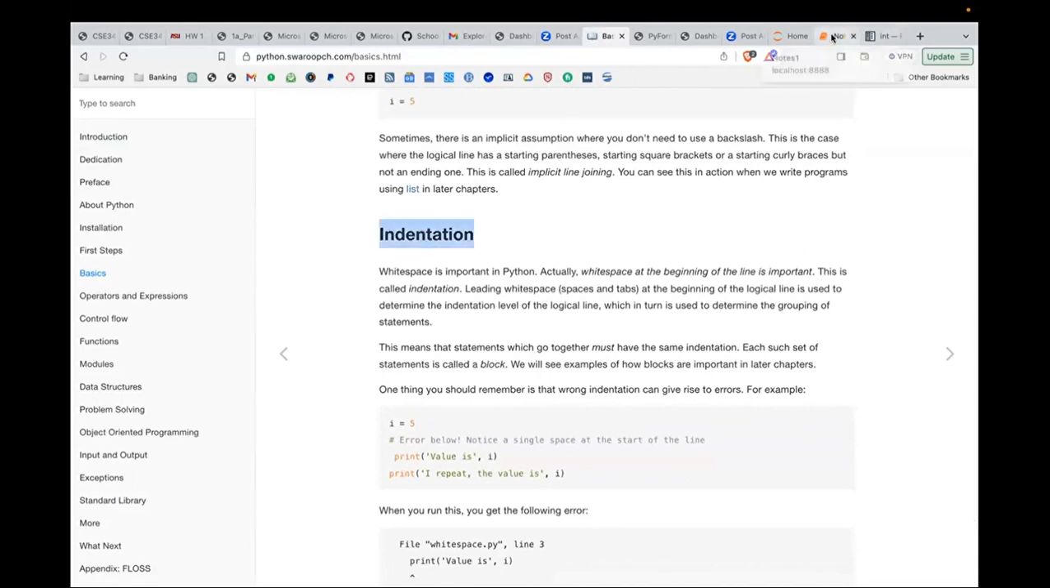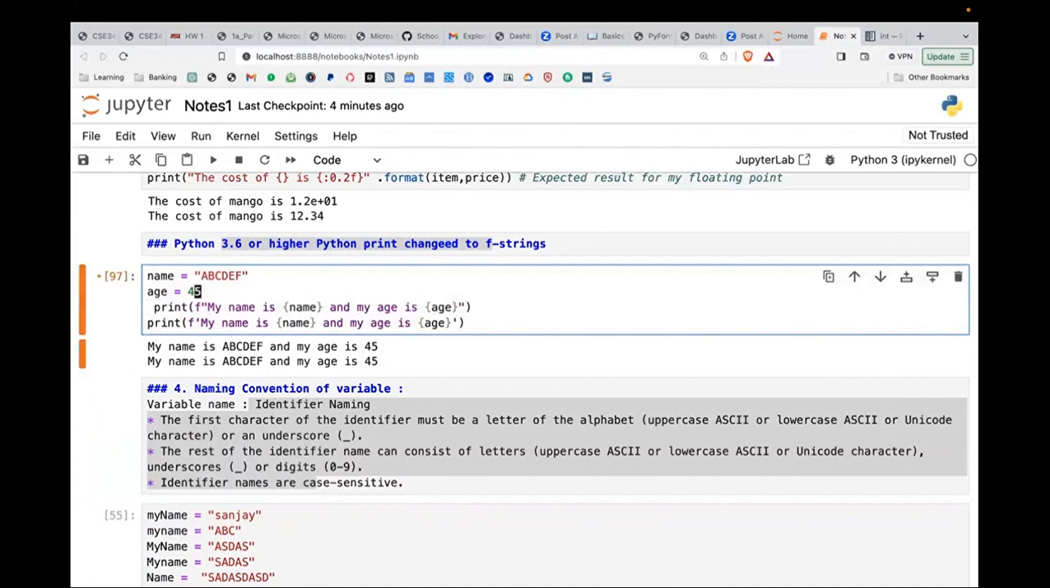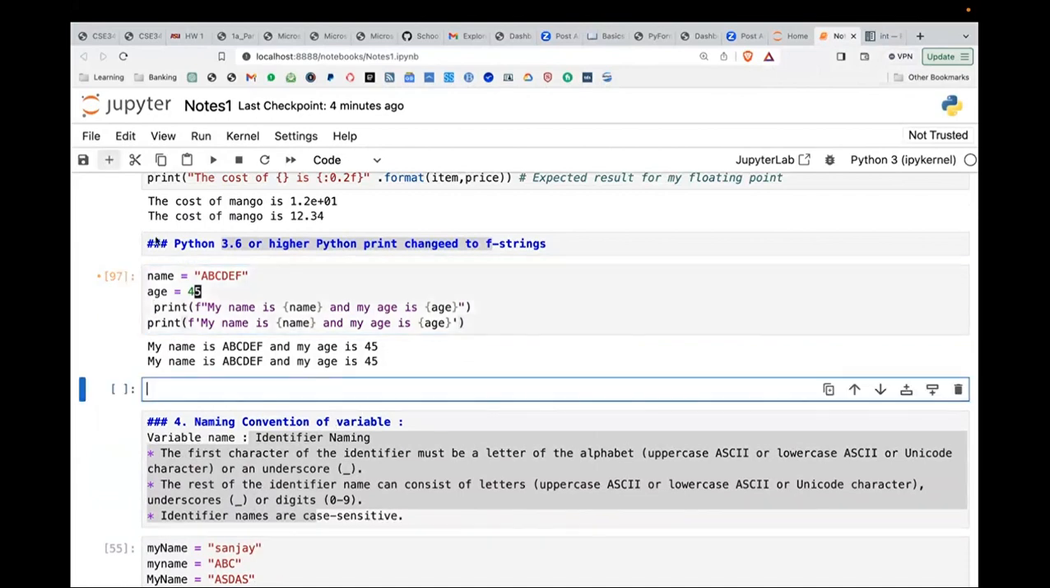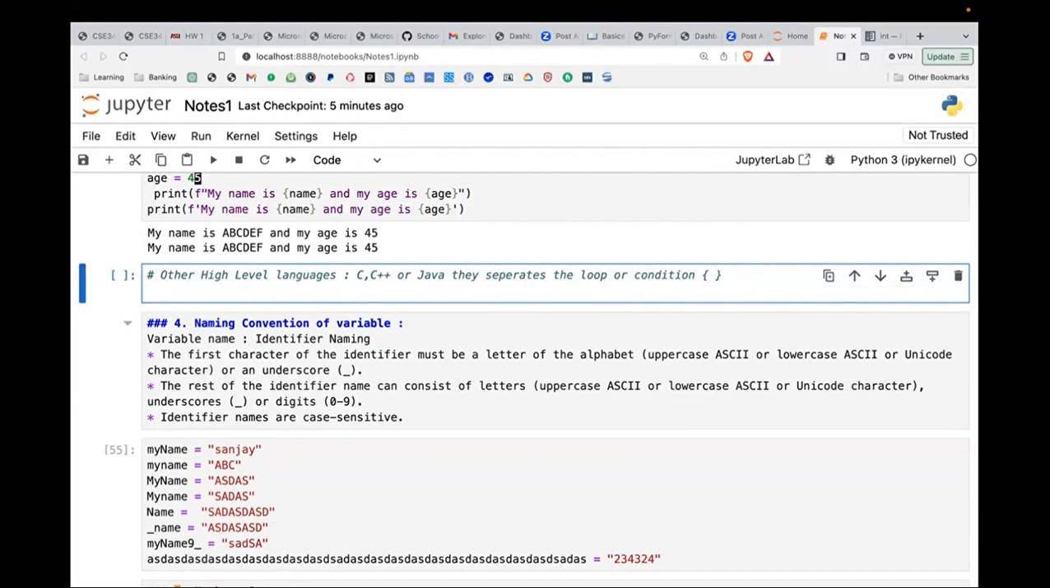In Python, if you make any mistakes with indentation, suppose you specify this variable name here, age here, and if you put a single space here by mistake, it is an error. In Python, it is not like other high level languages like C, C++ or Java. They separate the loops or conditions with brackets and indentation. Like you start a bracket, close the bracket, start the if statement, end the statement with curly braces. But in Python, everything is managed